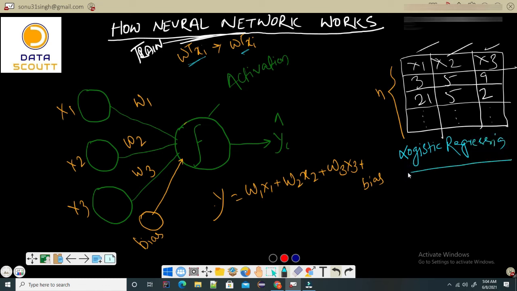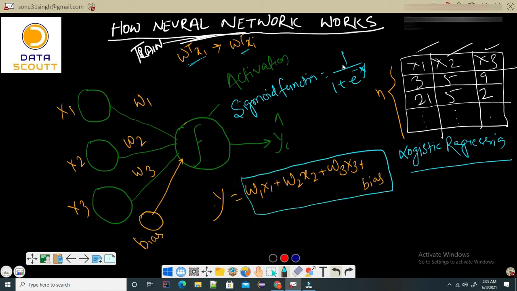In this kind of model, if we consider logistic regression, what will our activation function be? It will be a logistic or sigmoid function. So this activation function will be nothing but a sigmoid function, and we know the formula of sigmoid is 1 by 1 plus e to the power minus x. But in this regard, if I say the value is y, then in sigmoid it will be replaced by 1 by 1 plus e to the power minus y. This is the architecture, or we say, the functionality.